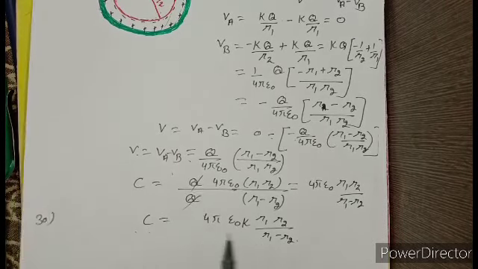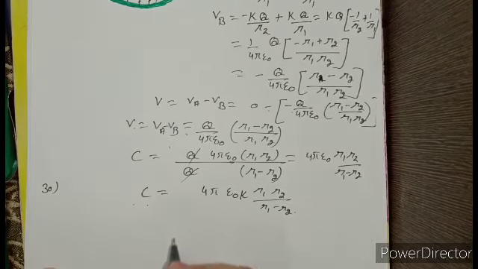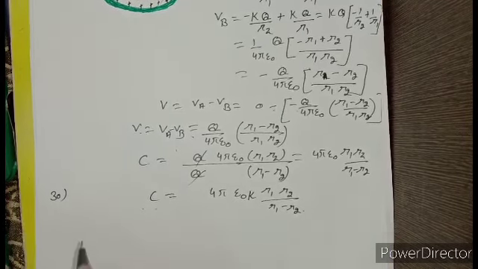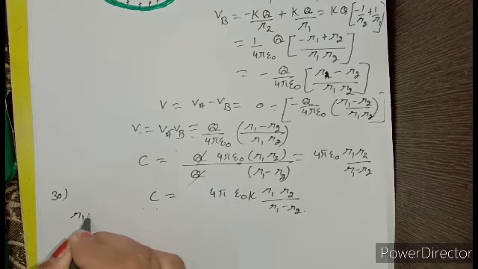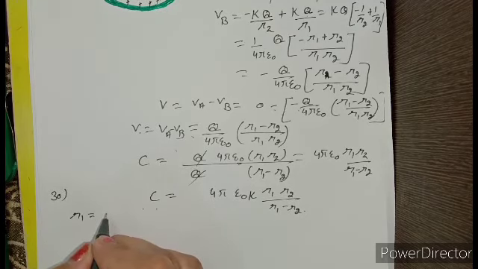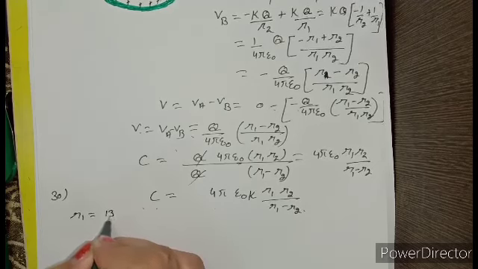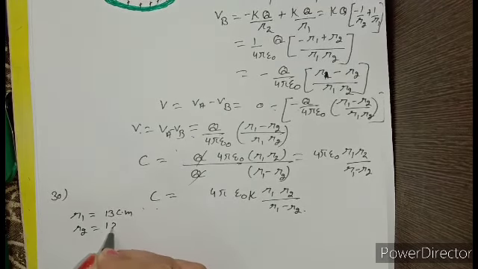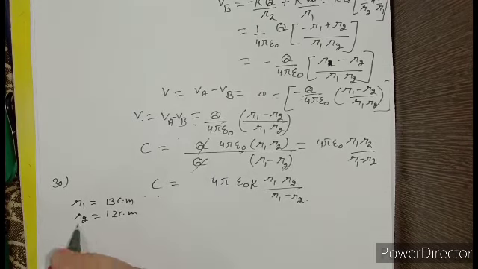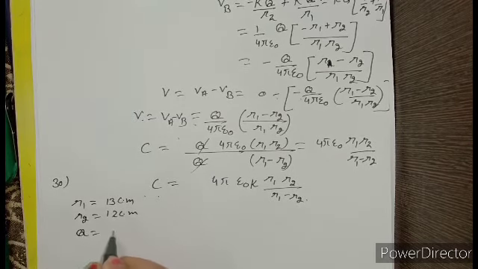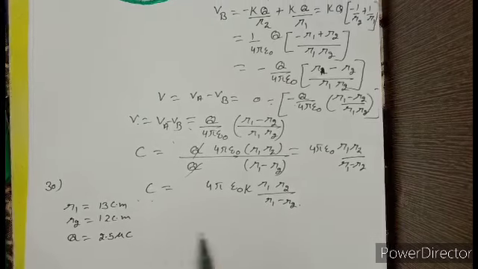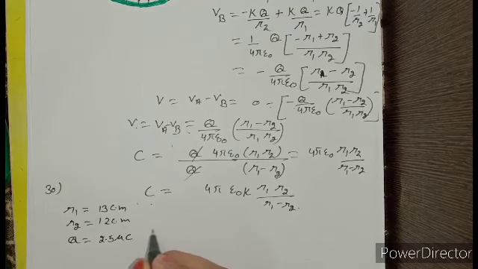Okay, then C equal to this value, put all these values which are given. We know that here the R1 and R2 is given. R1 equal to 13 centimeter and R2 equal to 12 centimeter, and also Q equal to 2.5 microcoulomb. So put all these values in this formula, then we can get the value of the C equal to